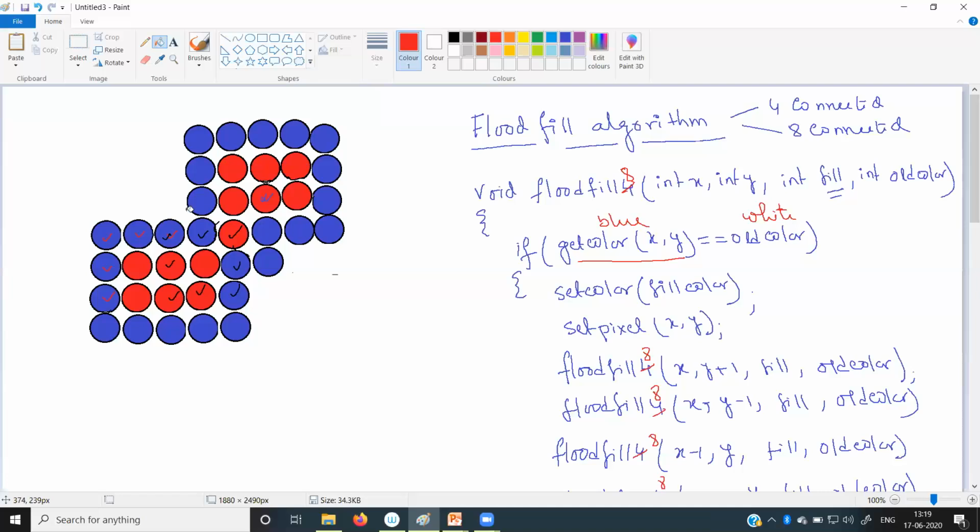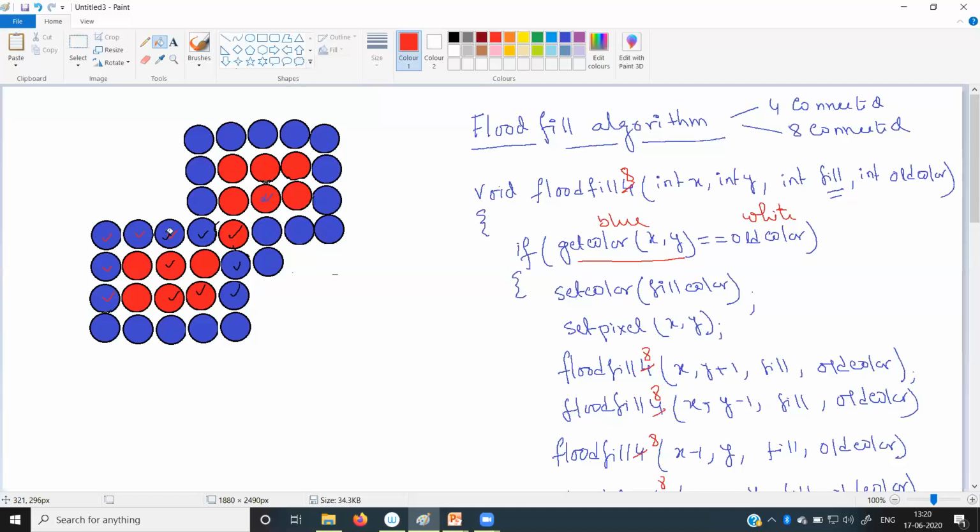So if the boundary is blue and we apply the scanline algorithm, those boundary points will be filled by the red color. But in the case of flood fill and boundary fill, those boundary points cannot be filled by the red color, they will remain as they are. So the boundary color will be different from the filling color. Boundary points cannot be filled by the same color.